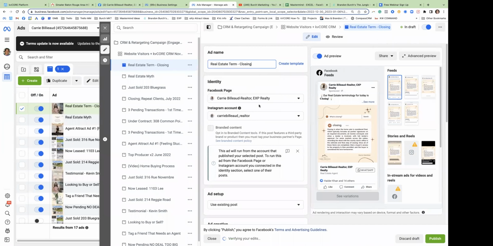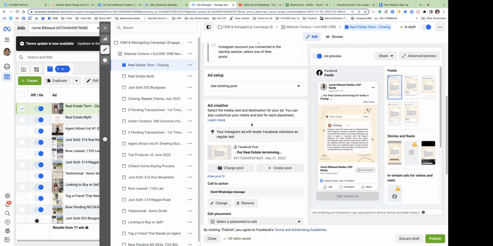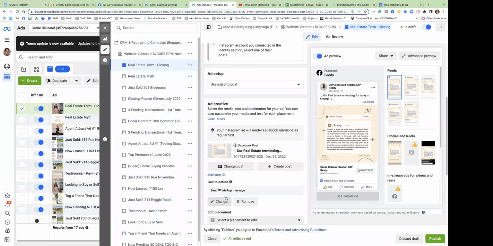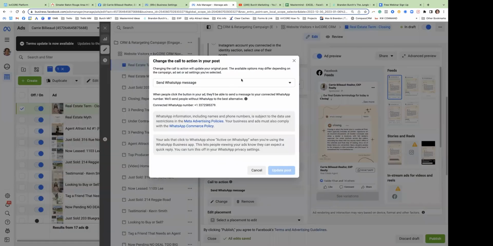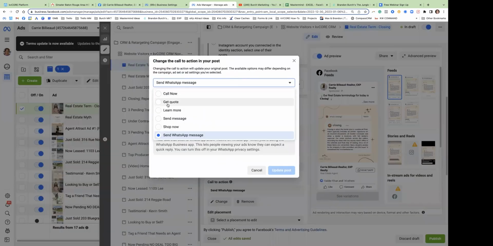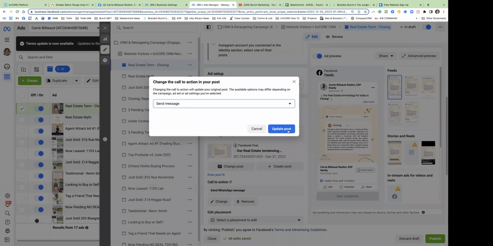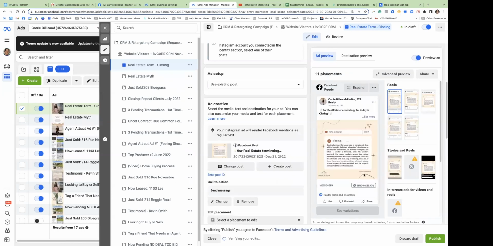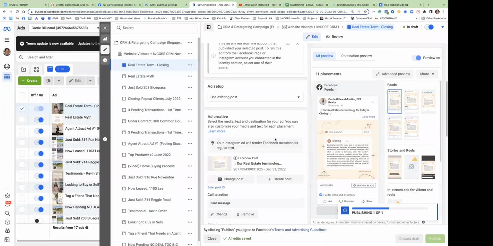Again, it's going to be shown on Facebook and Instagram. And I could change my call to action. Note it says WhatsApp message. So if I hit change, I could have a call now. I could have a learn more. I could have send message. And just for right now, I'll just use maybe send message. So update post. Now look, that was a post on my Facebook, but now it's an ad being seen by those 3 audiences. When I hit publish,